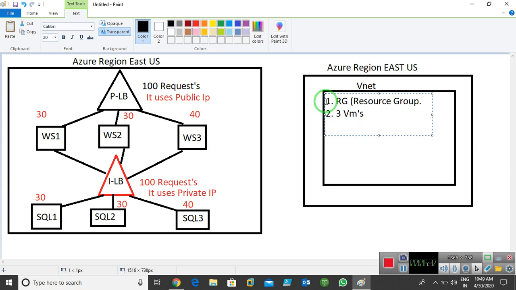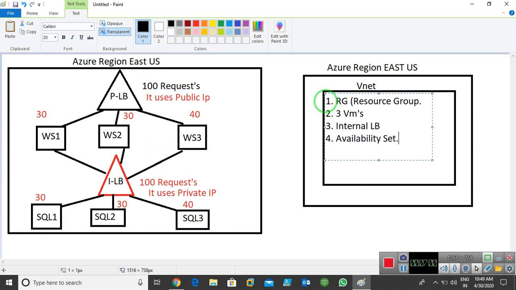Number three, we can create one internal load balancer. So we have one resource group, we create three VMs, and we can create the availability set also, like we already created previously.